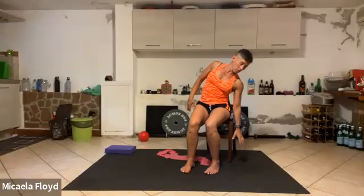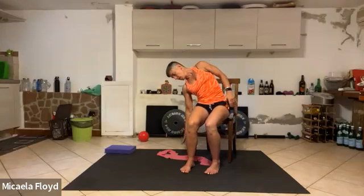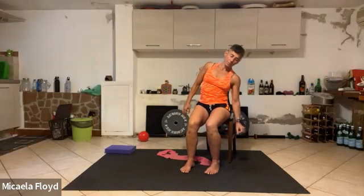And then imagine to be picking up something from the floor. So I'm just going to flex to the side, pull back to the center, flex to the side, pull back to the center. 8,